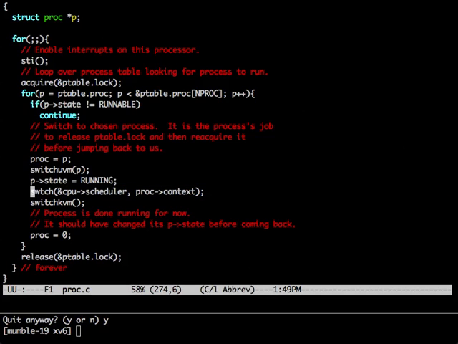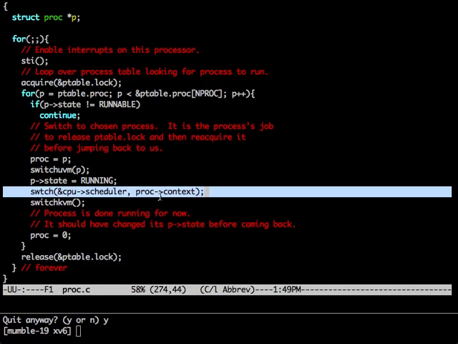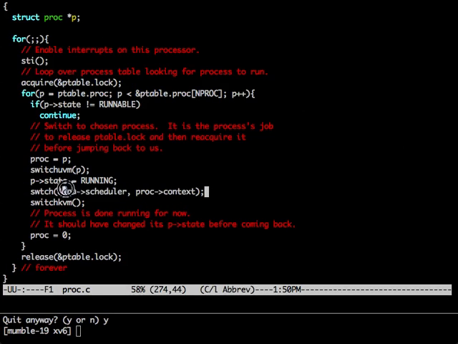And then we do this very interesting thing, which is we call switch. If you're looking at this and you just understand C but you don't understand operating systems, you'll say, well, you call switch, then you call this, then you call this, and then you go back to the top of the loop and who knows what's happening. But what really happens here is a very critical thing, and we'll look at this code in a second. Right now we're running on the scheduler's kernel stack. The scheduler has its own kernel stack. That's generally saved inside of this structure, which is actually one per CPU, and the CPU arrow scheduler is this kernel's stack. What this switch routine is going to do is save the current registers that are in this code onto this structure,